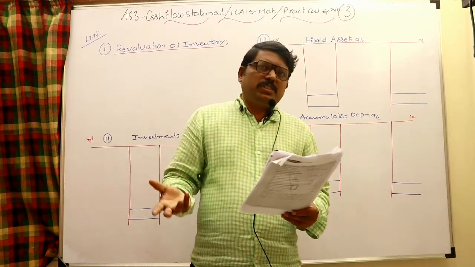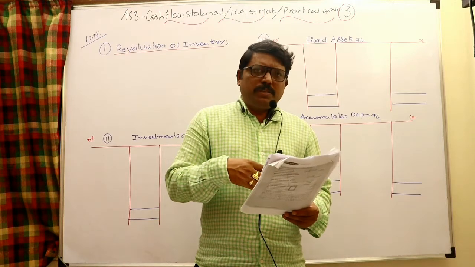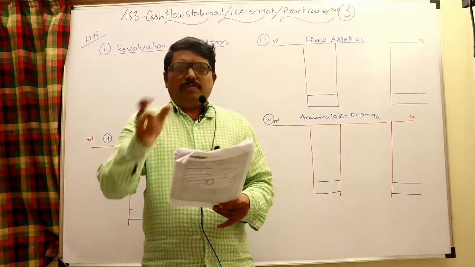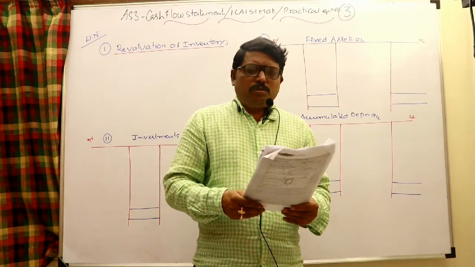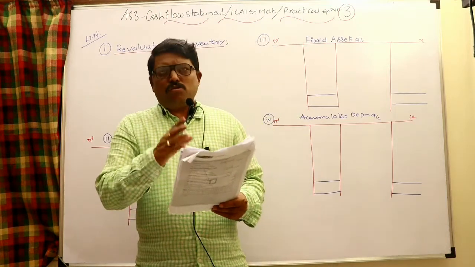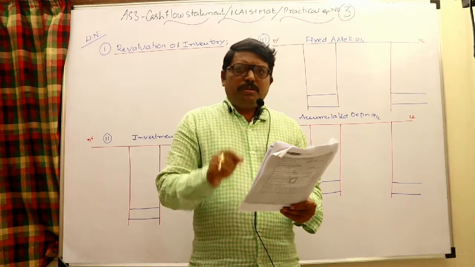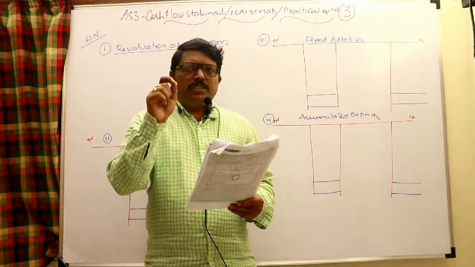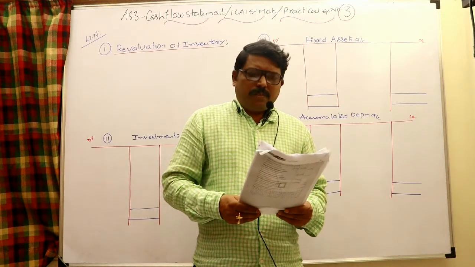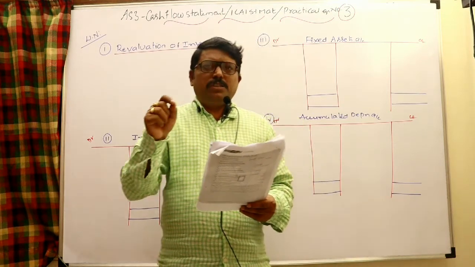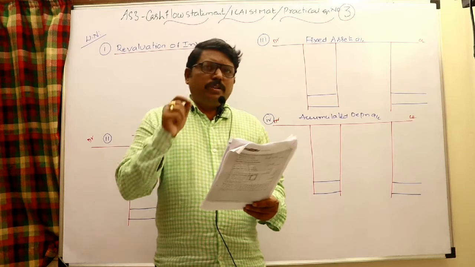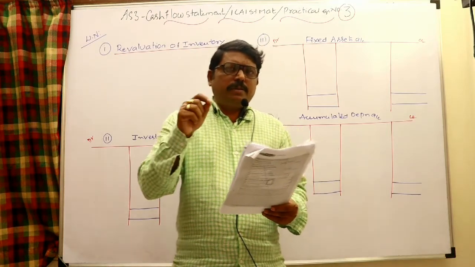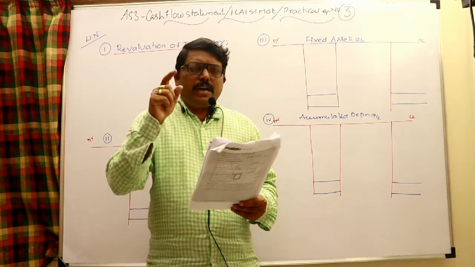Otherwise, sometimes purchases may be given and sales may be the missing figure, sometimes sales may be given and purchases may be the missing figure. If any missing figure is there, we can find it through the fixed assets account, and you can also have a provision for depreciation account, or accumulated depreciation account. See how much provision is made through the current year P&L. Because depreciation is a non-cash item, when you want to know cash flow from operating activities in the indirect method, depreciation should be added back.